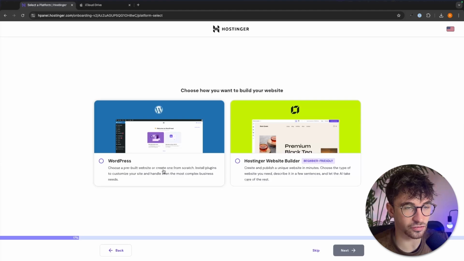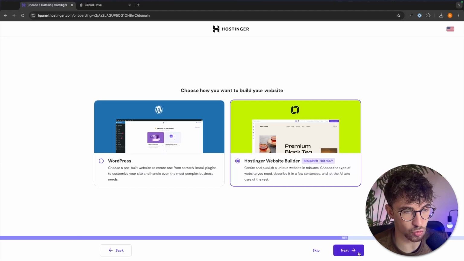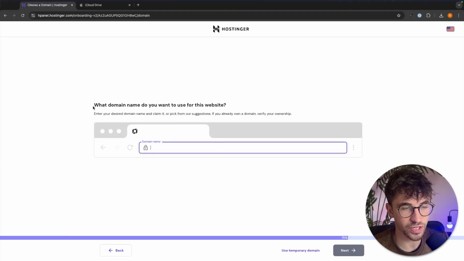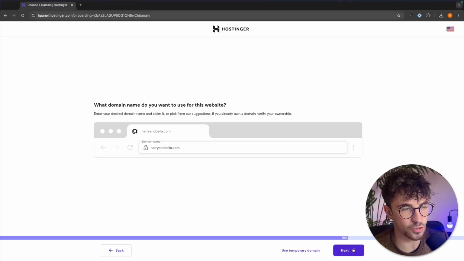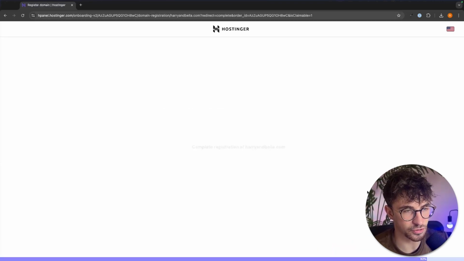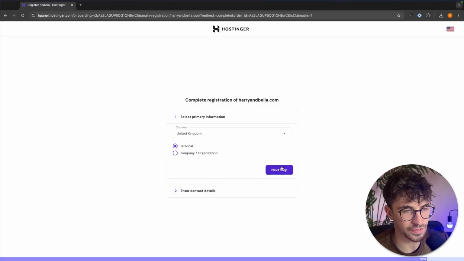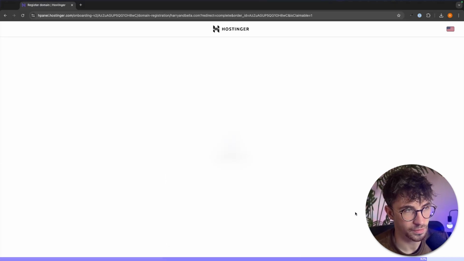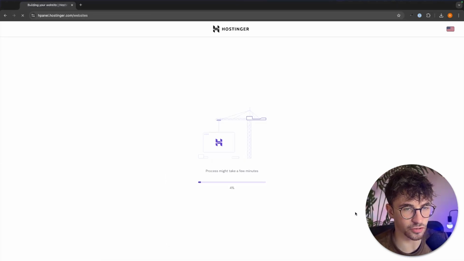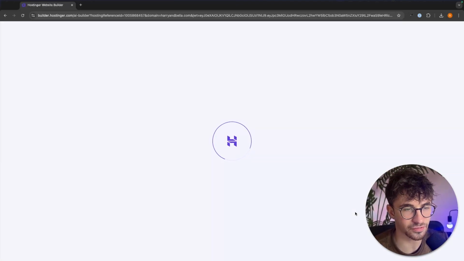And it's then going to ask if we are going to build the website with Hostinger or WordPress. So we want to make sure we select Hostinger right here. And then on this next screen, we can choose the domain name that we would like to use with this hosting. So in here, we just enter in the domain name that we would like to get. And then the final thing that we have to do is just enter in some contact information. Once all of that is entered and we have fully signed up to Hostinger, it's then going to take us